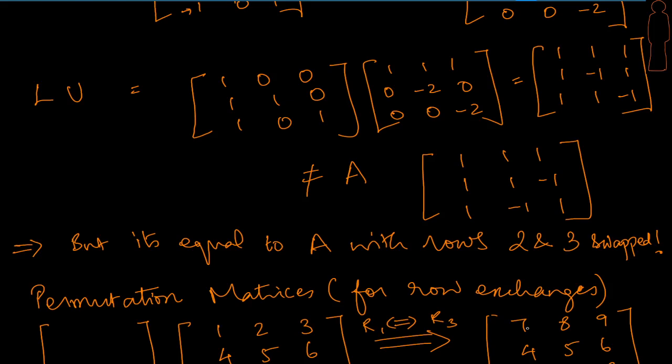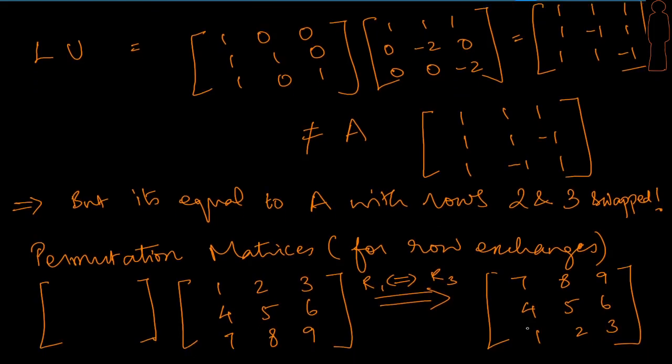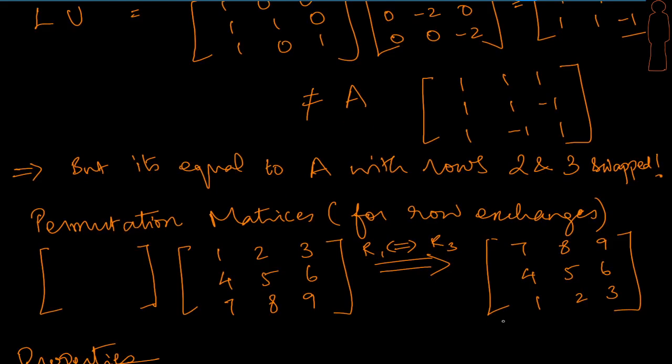And that brings us to another topic called permuting the rows of a matrix. Basically, for row exchanges, we are going to look at them as permutations, right? So let me take an example. So let's say that I have here a matrix. Let's say we want to swap rows 1 and 3, right? We want to swap rows 1 and 3. So here is the result we are looking at. 1 2 3 must go to the row 3, 7 8 9 must come to row 1. 4 5 6 should not change. It must stay in the same row, that is second row.